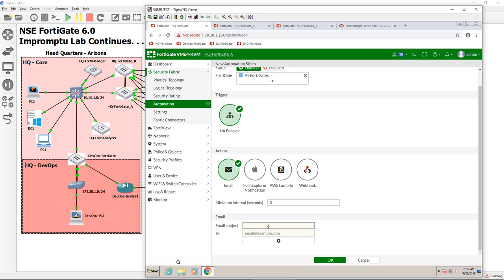Email whom? I'm going to say, let's see here, Devin at itninja.lab. Nope, that's my email. My bad. And my subject is going to be like, HA is failing or something like that. So should we send one to FortiDuck? Why not? So here we go, FortiDuck at